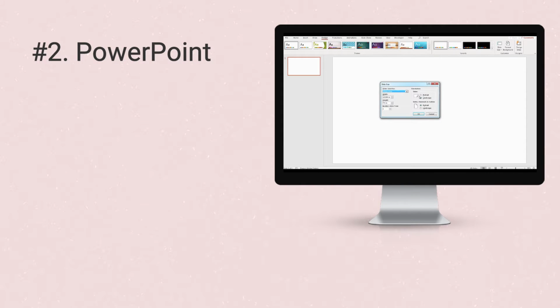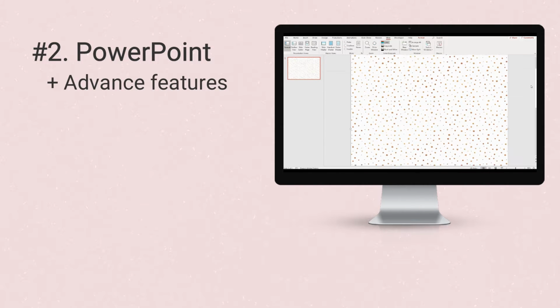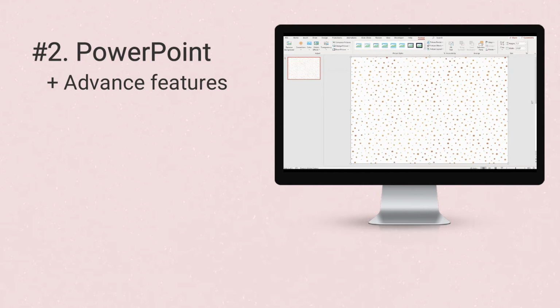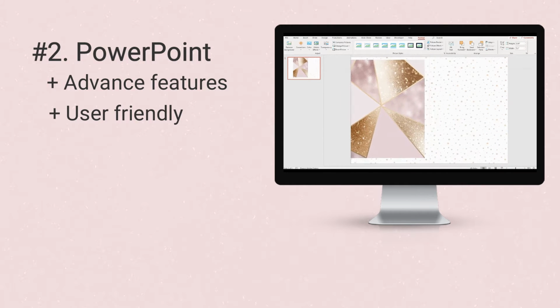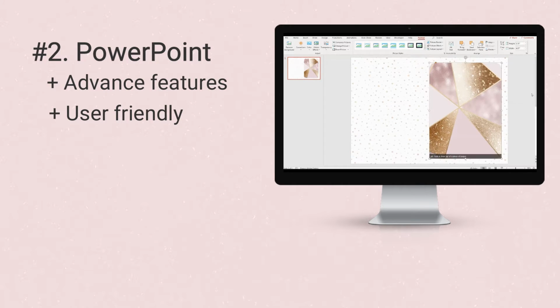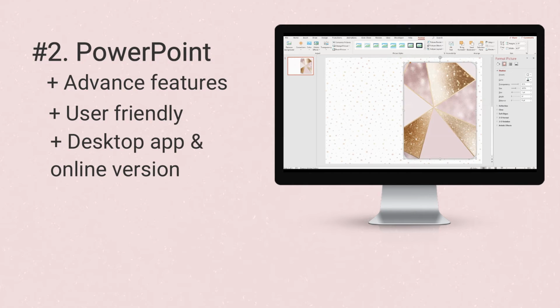The second program we'll talk about is Microsoft PowerPoint. PowerPoint has been developed for so many years, and therefore it has way more advanced features than Google Slides. Many of you will be familiar with PowerPoint's interface, so it's also a very easy program to get started. This is actually the program I would recommend to any Windows user who is looking for a more comprehensive program